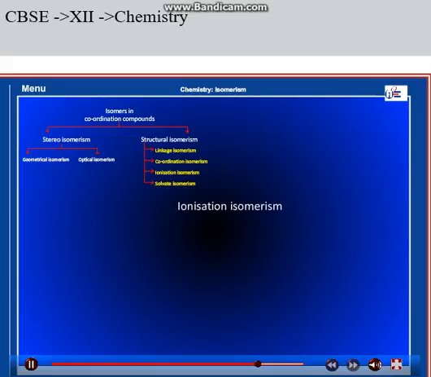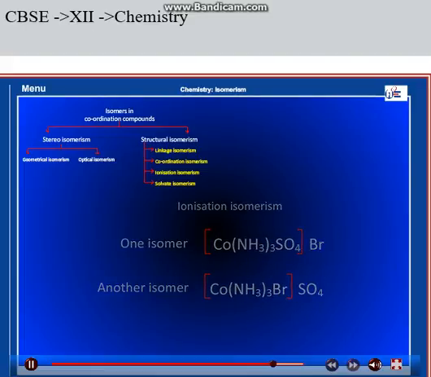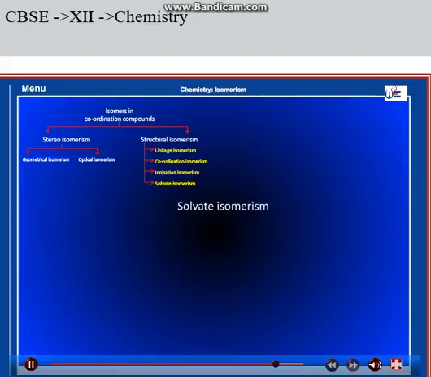Ionization isomerism arises when the counter ion in a complex salt is itself a potential ligand. It can displace a ligand which can then become the counter ion. The possible isomers are: